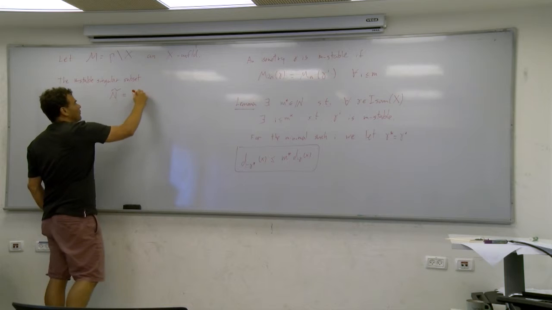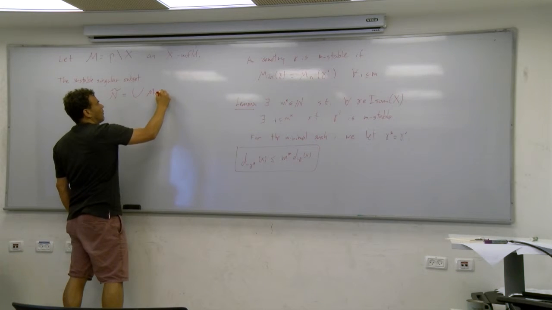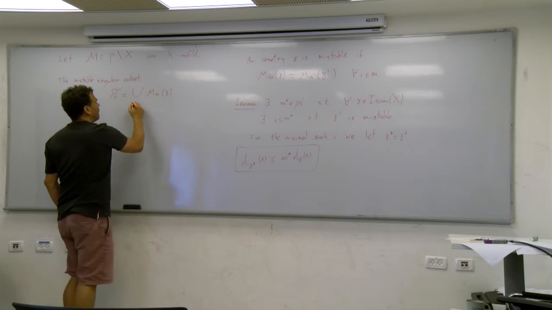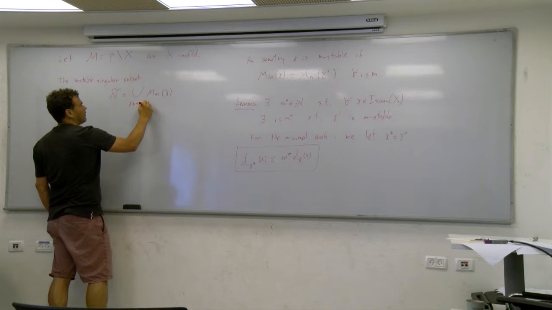It will be the union of all Min(gamma) over all gamma which is not 1, M-stable,